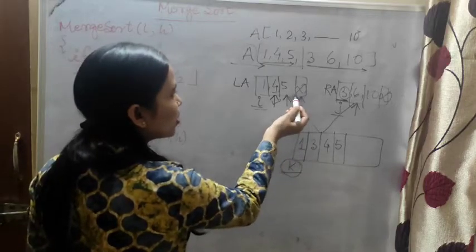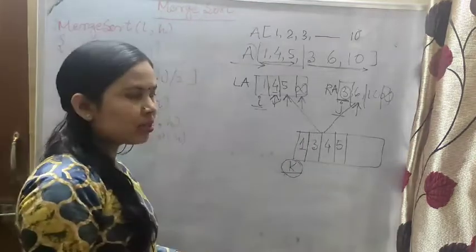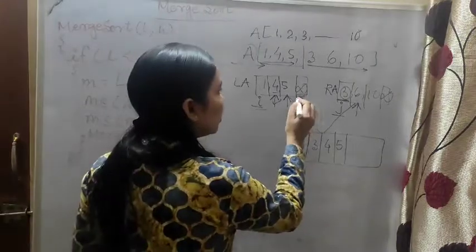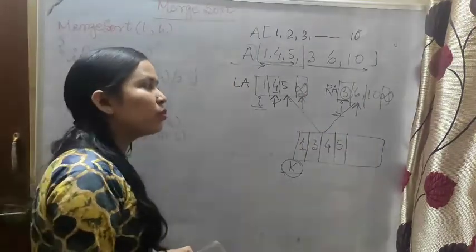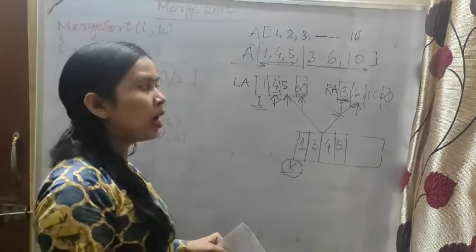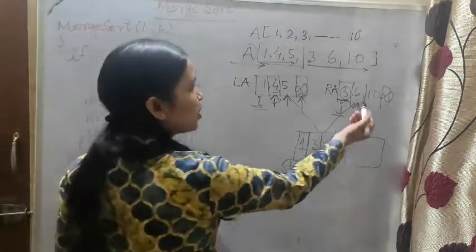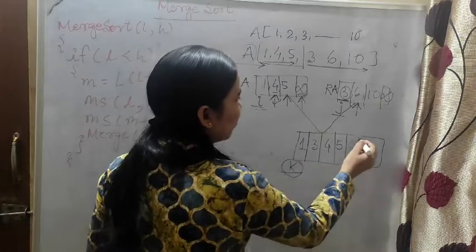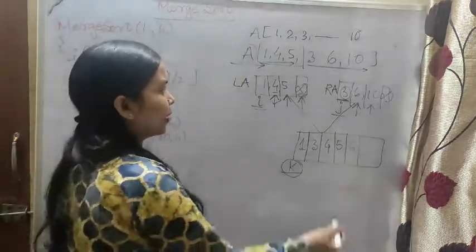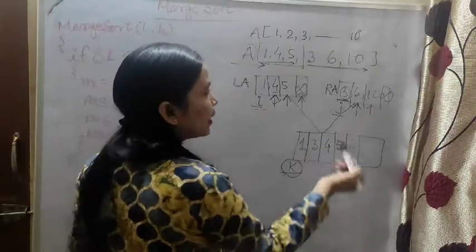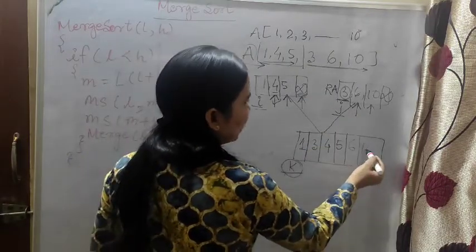So now here infinity has been given. That is the work. Now we will check infinity. Is infinity less than 6? Infinity means any larger number will come. So of course 6 is less, so 6 will come here. Okay, again we will move j. Now is infinity less than 10? No. That means 10 will come.